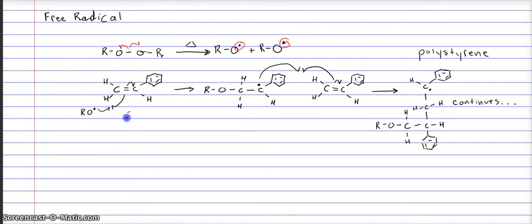This is called styrene. That's its common name, of course. This has two hydrogens on the carbon on the left. We have a hydrogen and a full benzene over here. So you can see this is our more substituted carbon and our less substituted carbon. We're going to take one of our radicals and undergo the radical reaction. Notice the half-headed arrows. The radical is going to go to the more